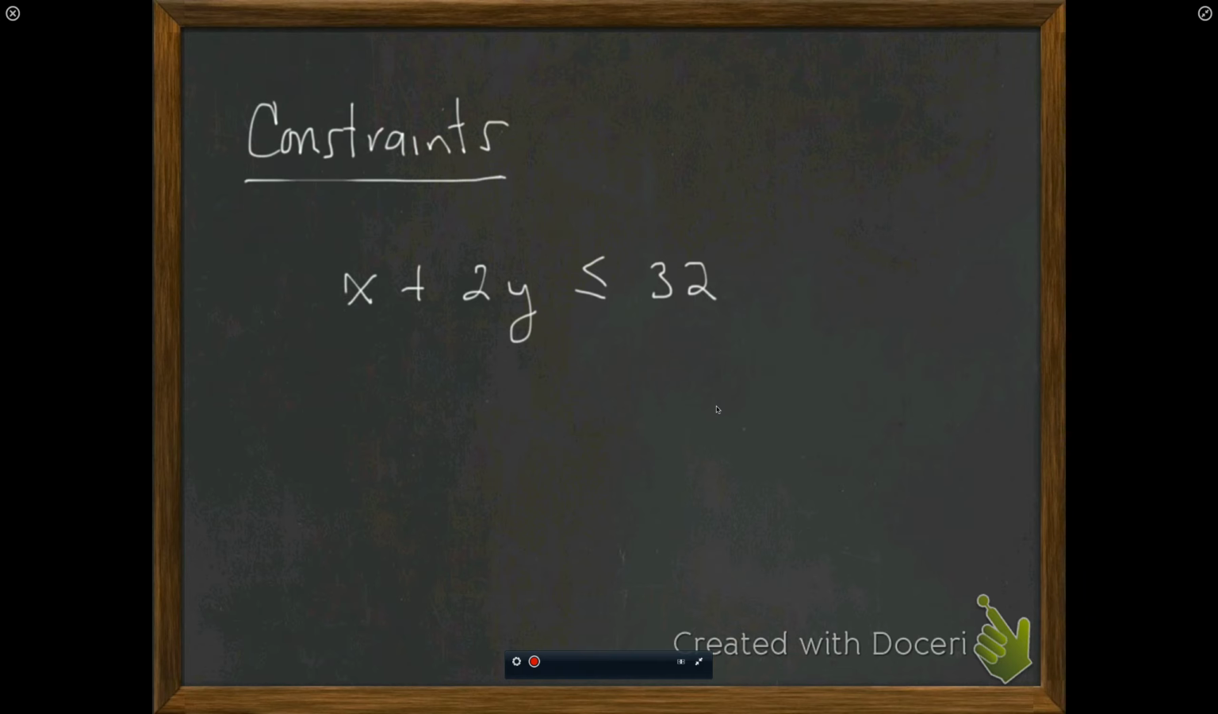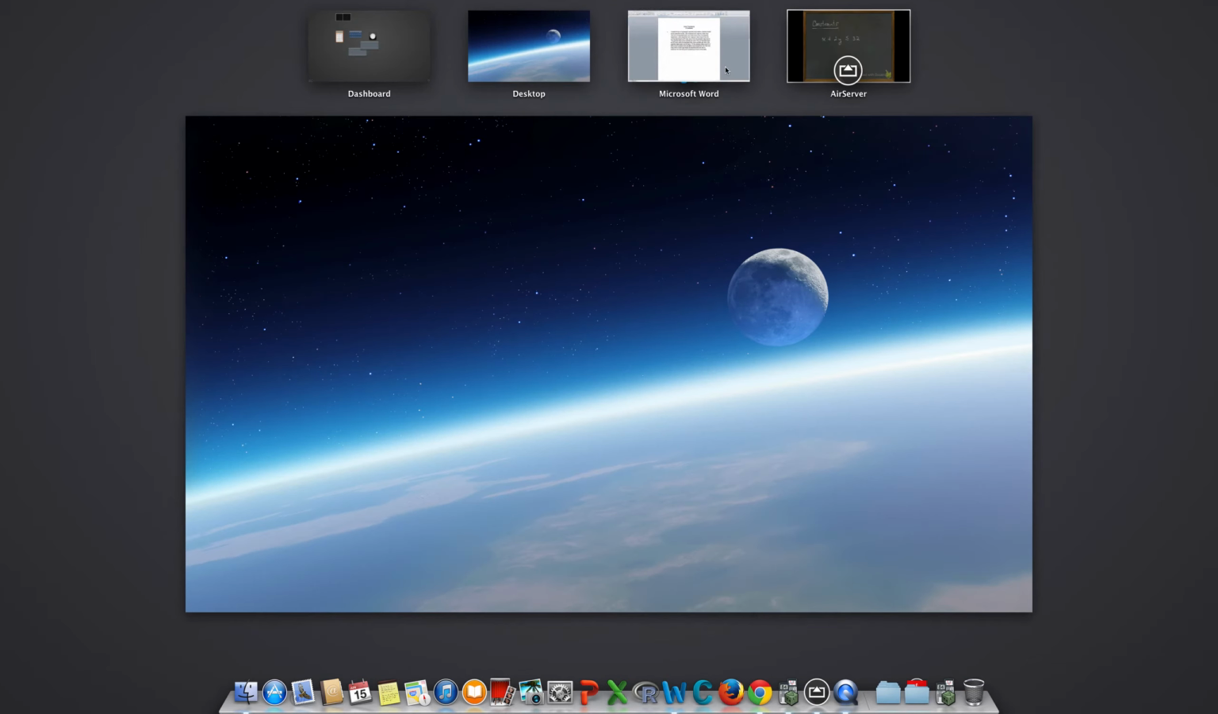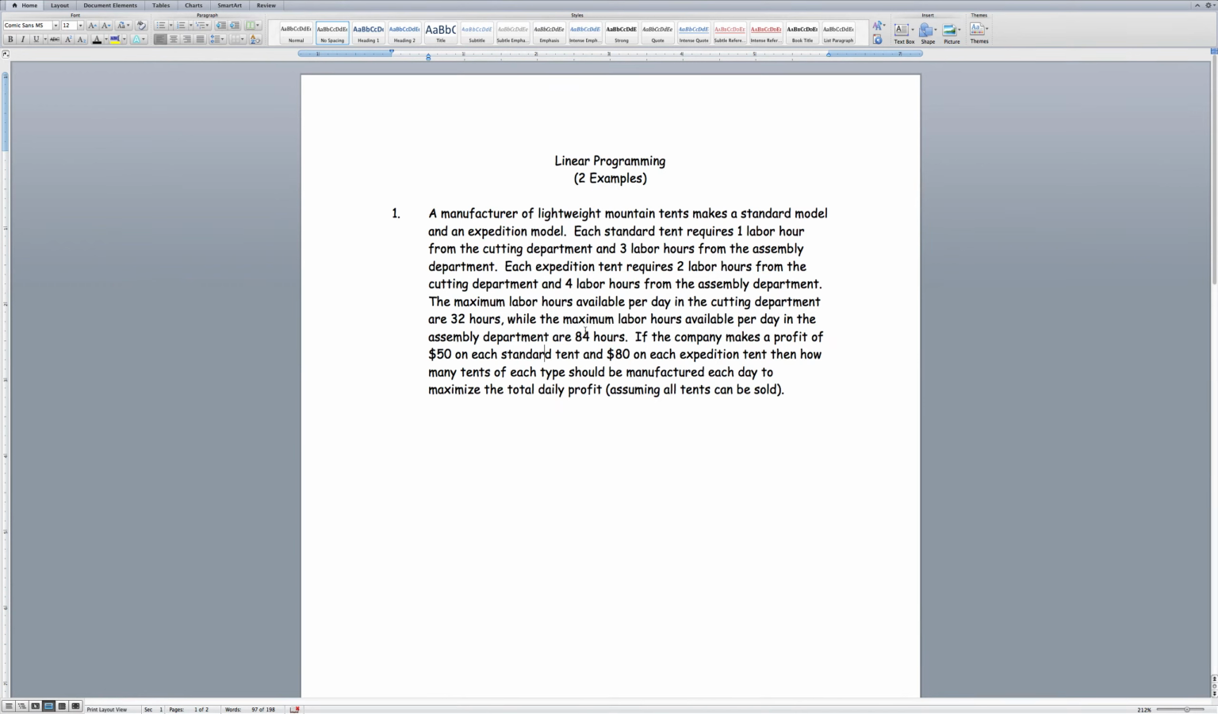2Y is the total cutting time for the expedition, has to be less than or equal to 32. Now I go back to my problem and I try to find the next constraint, and I can see that